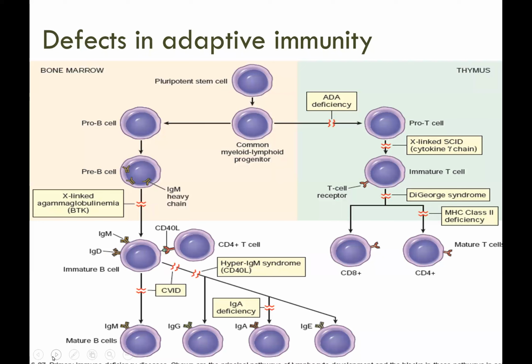Now, the next group is defects in adaptive immunity. So in here, we are now talking of adaptive immunity, and it is subclassified on the basis of the component that is involved. Either you're talking of B cells, or you're talking of T cells. So this illustration tells you the probable immunodeficiency for the B cell group. And again, here you have the different immunodeficiency for the T cell group. Okay, let us try to discuss it one by one.